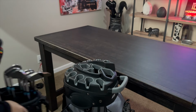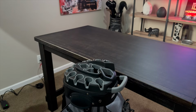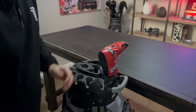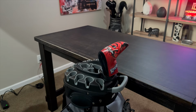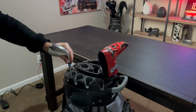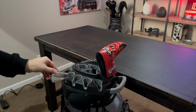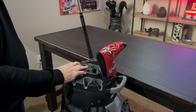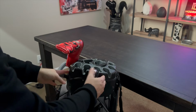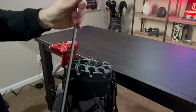So while the bag is here, I will show you guys how clubs go in and all that good stuff. Your putter is not going to fit with swag head covers. You're going to have to deal with it. Irons go in very coolly. And what I mean by coolly, well, this is just a 5 iron. So you put the iron in, and it goes in. You know what, let's turn this because this is what it's made for. I'll spin this around and show you guys. So you take said 5 iron, and